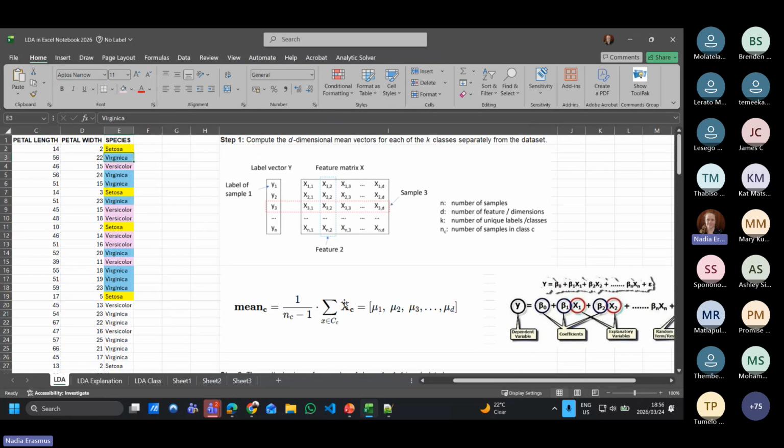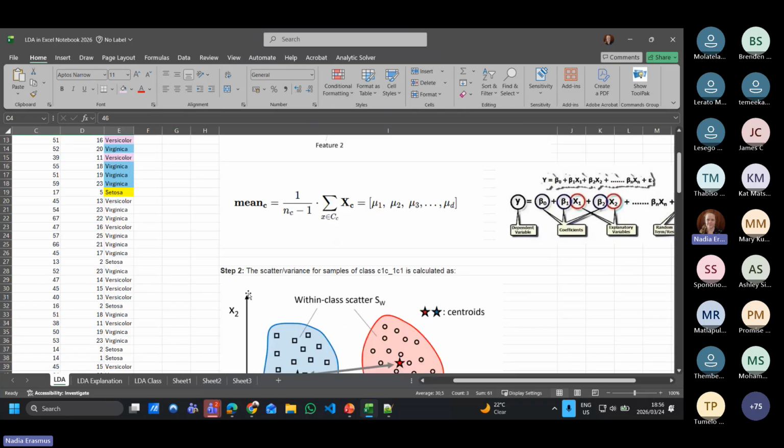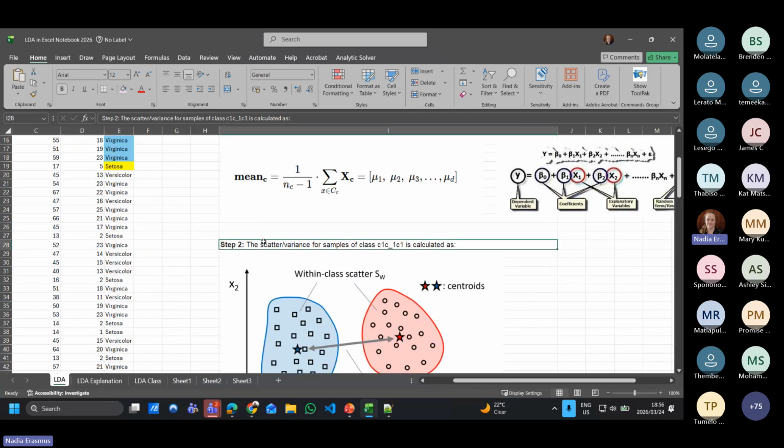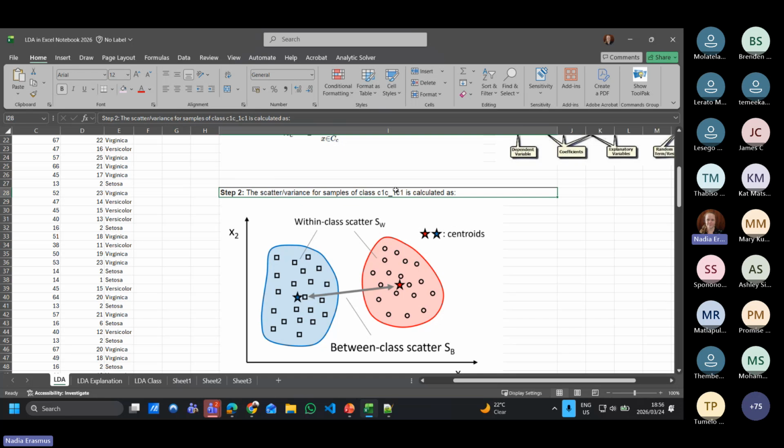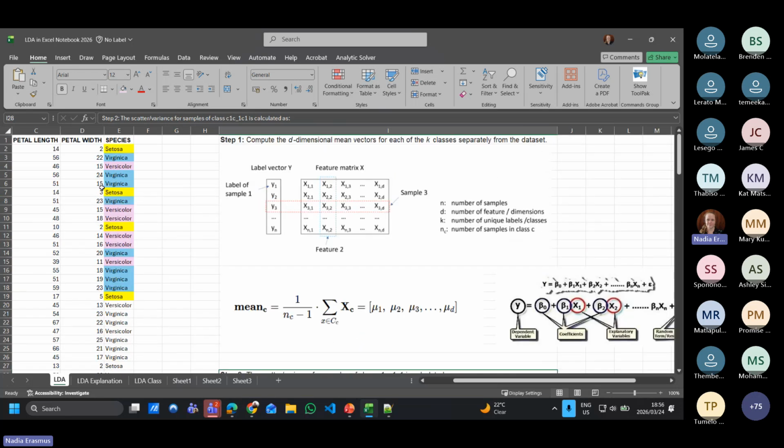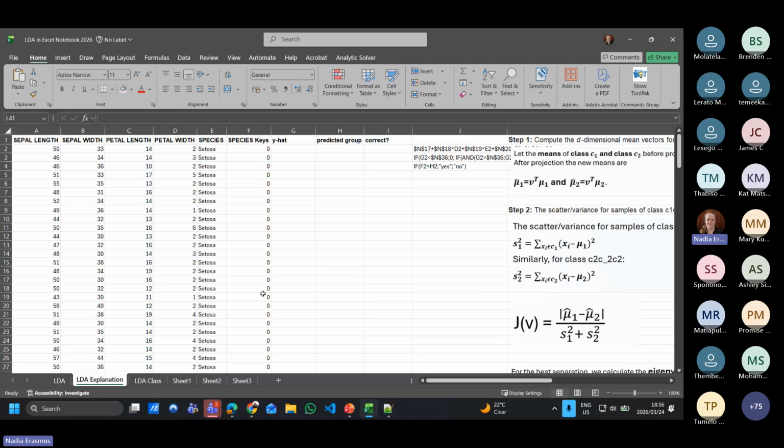It's going to be all of the data points added together, divided by the amount of data points there are. And then in step 2, we're going to look for the variance for each and every grouping as well. I have made it here on this slide. It is going to be clearer for you